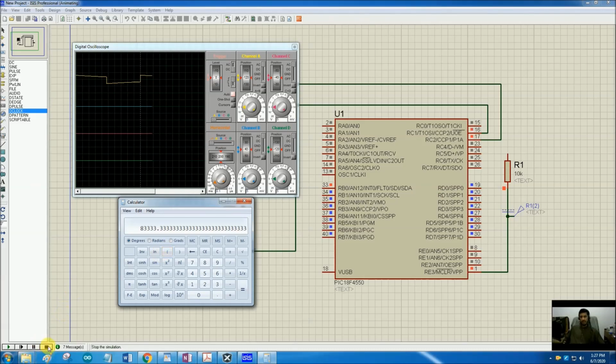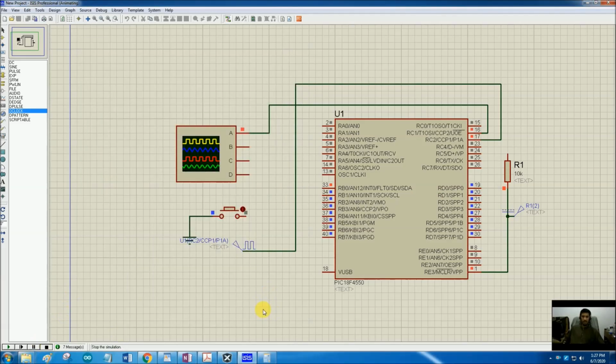So we have successfully made an instrument that measures the frequency of any waveform ranging from 16 Hz to 83 kHz with a precision of 1 microsecond, or with a step of 1 microsecond. So that is a very good instrument. We can use it in tachometers very safely, very precisely. So this is CCP capture and compare mode for you.